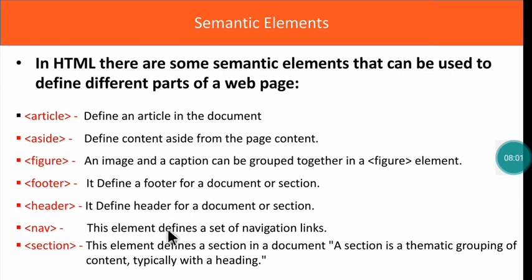Next is the nav tag. The nav tag is one of the HTML5 elements and it is used to specify block navigation links. Also it is called a non-semantic tag. Either within the current document or to another document, you can place this navigation tag. Examples of navigation blocks are tables of content, menus and index.